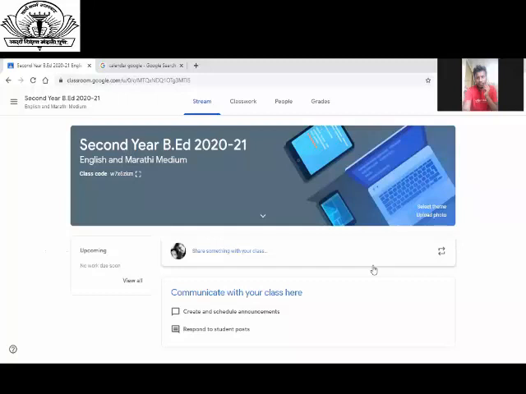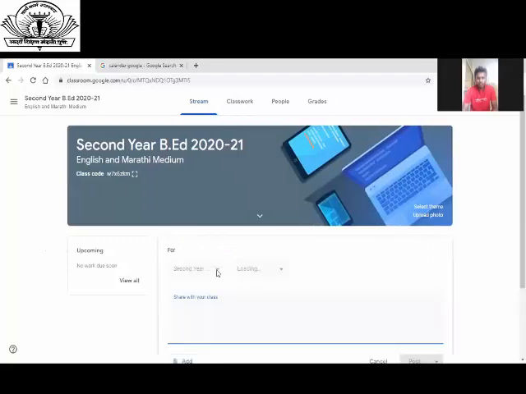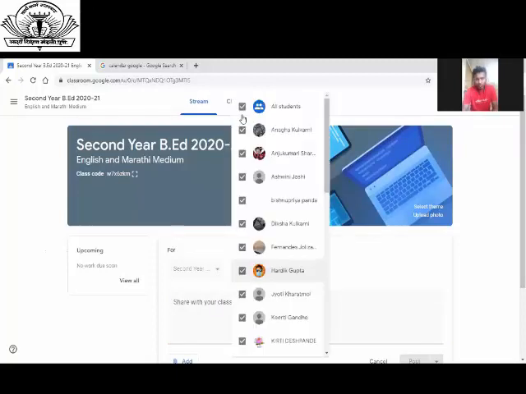And a very important thing is that you can share the same announcement with multiple classes at a time. Now here, how can we share it? Here, share something with your class. Here comes the class for second year, all students, or you can choose which students you want.